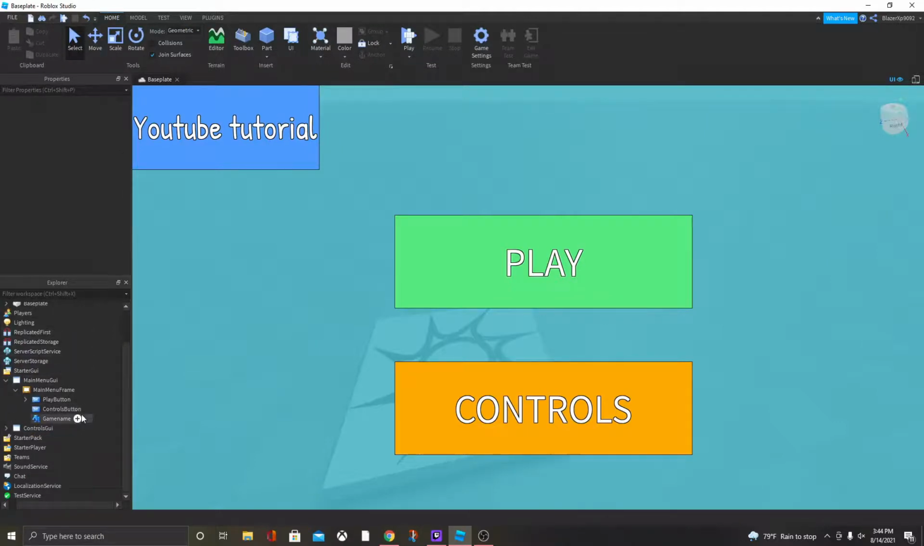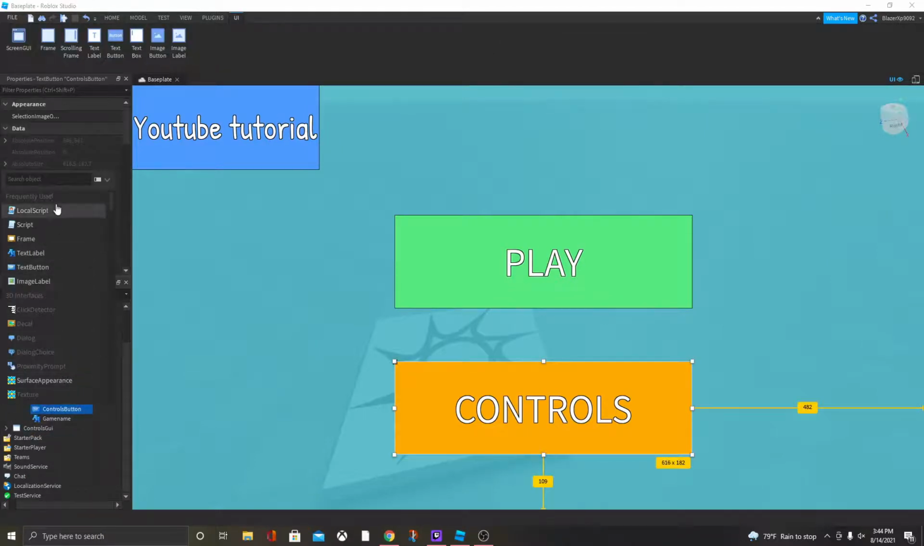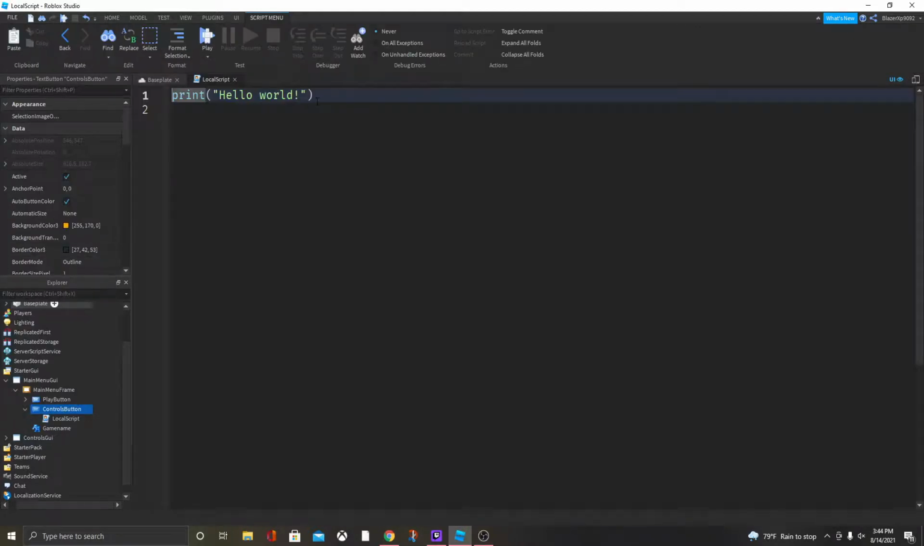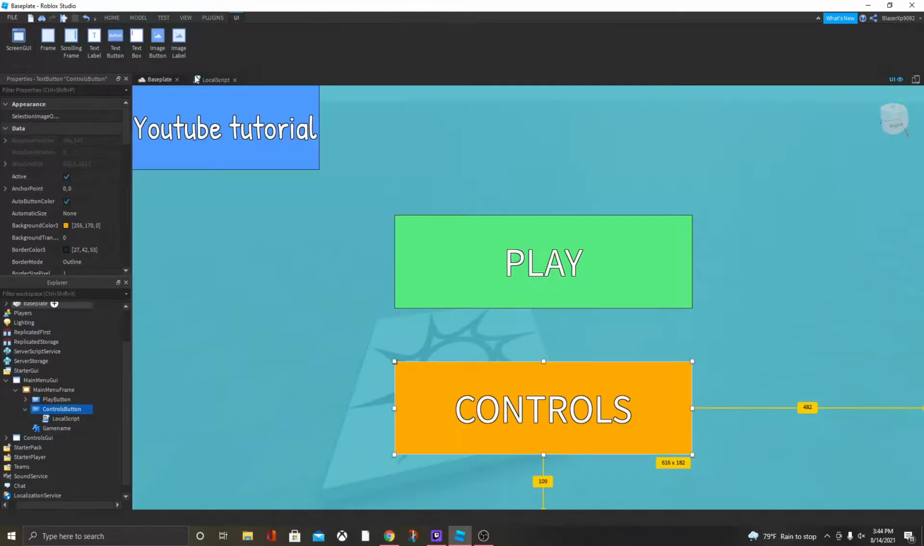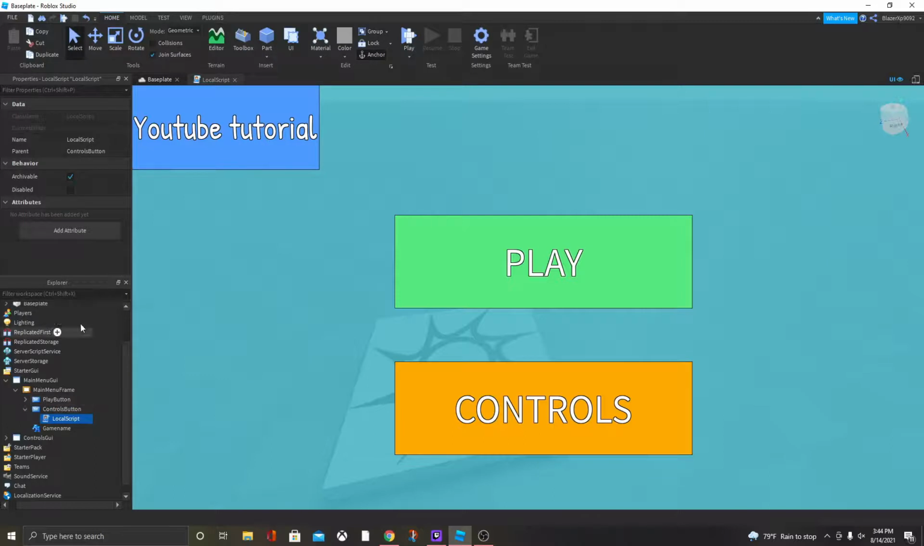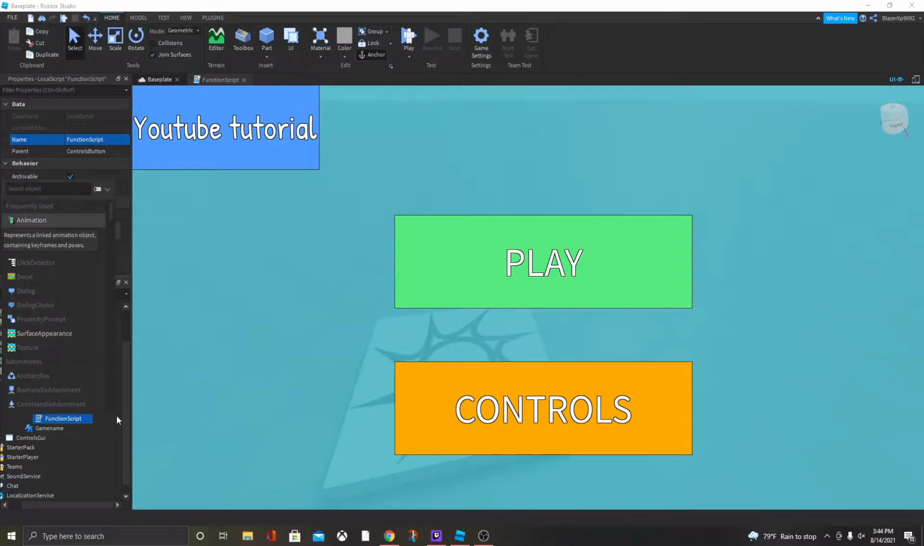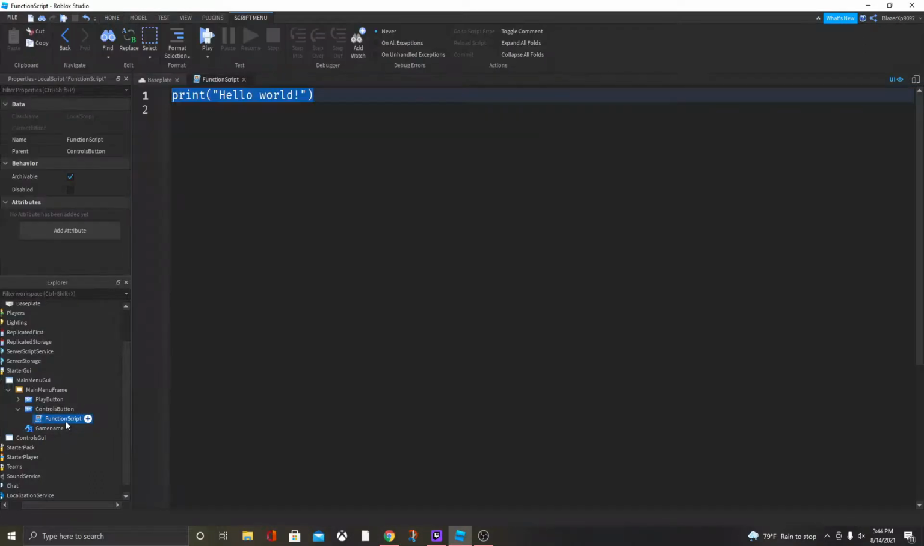So now then I'm going to insert a local script is the last thing. So local script inside controls, and what I'm going to do, script, I'm going to call this the function script. Alright. I'm going to click on this. So now I'm going to do